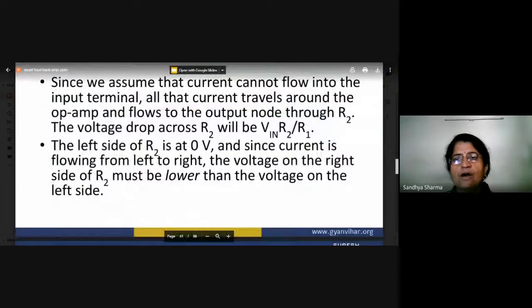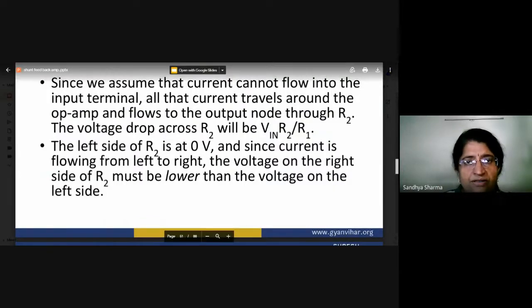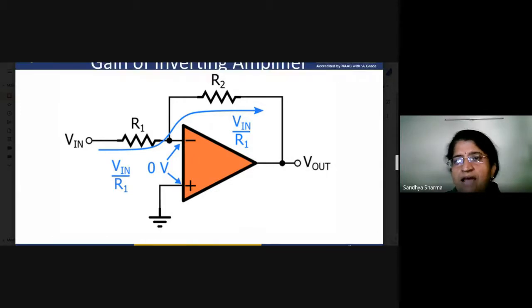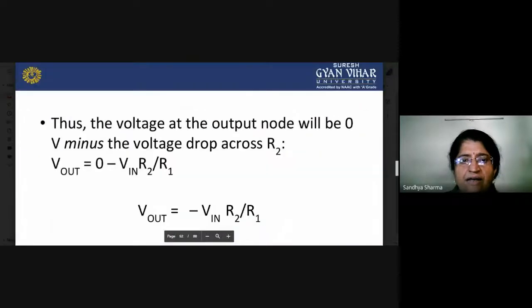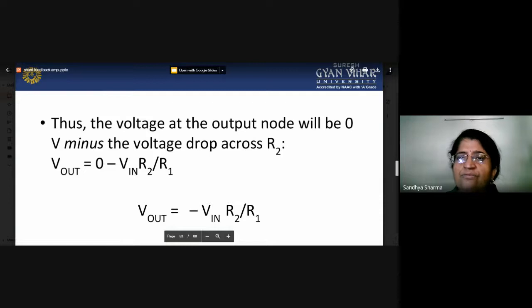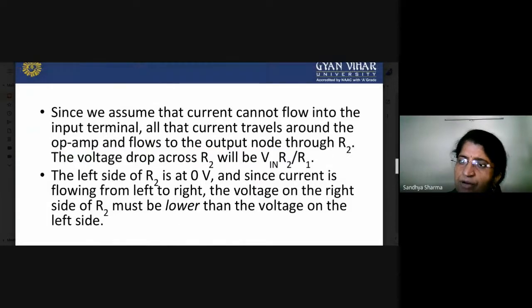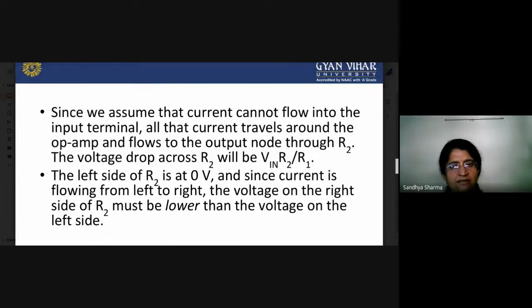Again, we will show how you can calculate the voltage across R2. Just see the diagram again, where is R2? Here is R2. You can calculate the drop across this one, because here is nothing, this is equal to 0 volts, and the voltage drop here is equal to your output voltage. So we can calculate V output, which is the voltage drop across R2, equal to the input times R2 upon R1. So this is the divider circuit. Voltage drop across R2 is equal to this one.